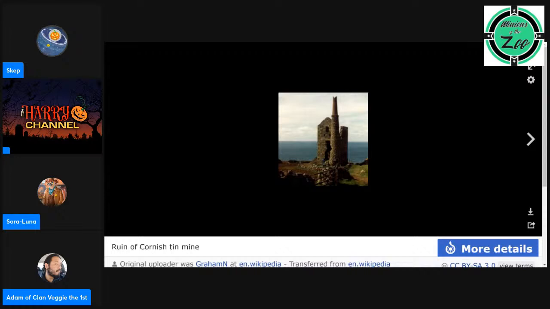I put the ruins of an old Cornish tin mine that blew in back, well, is the Atlantic Ocean, and just over beyond those clouds is America. But listen, that's Skep, looking out on the southwest part of England right there. I thought it was just a cool picture. It is. Little tumbly down house. Anyway,